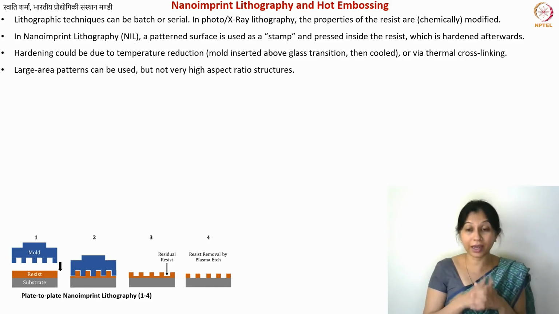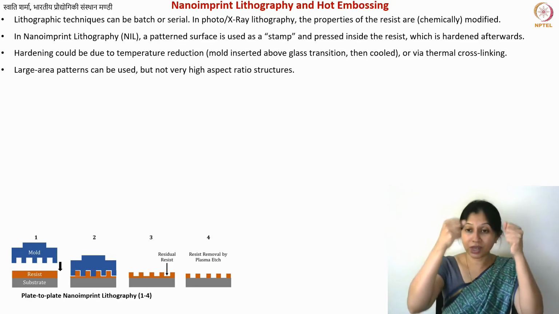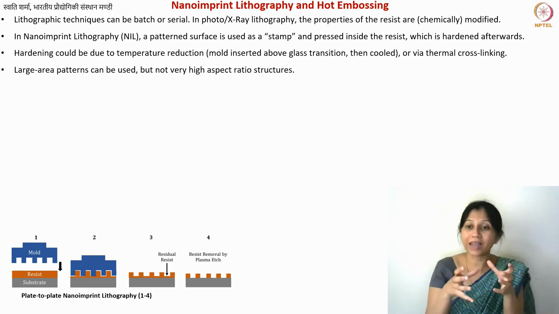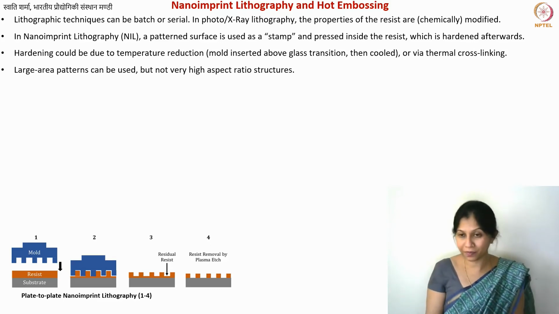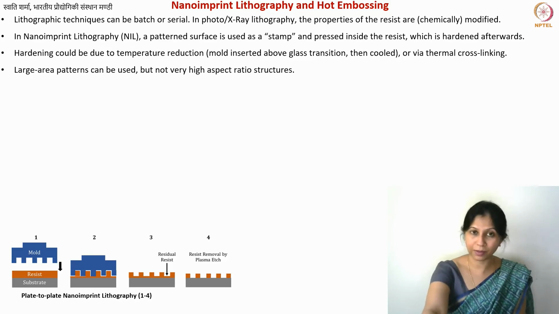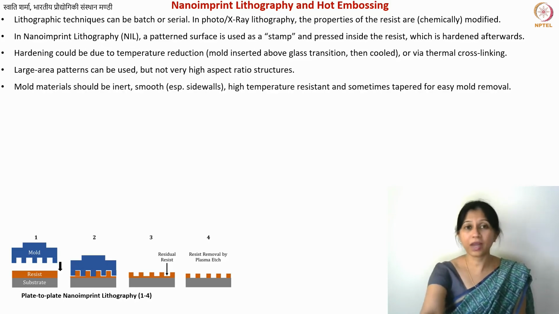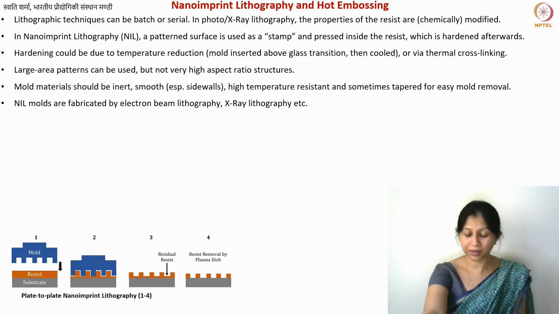In the case of nano imprint lithography, what you do is heat the material such that it is in this rubbery state, slightly above its glass transition temperature. Once you have the stamp in, you cool it down. Then it can become hardened. So you don't really need cross-linking altogether. This is then just playing with the glass transition temperature, just heating and cooling. That you can also do in the case of nano imprint lithography. So different kinds of structures can be prepared, and this is a very easy, simple technique.